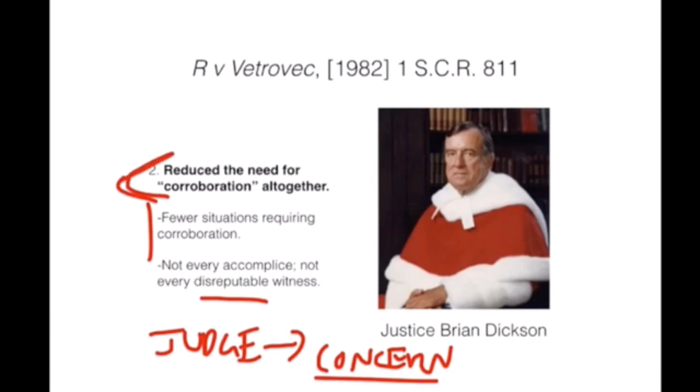And I should stress that one of the other impacts of Vetrovec that's really important and often overlooked is that after Vetrovec, the feds got a hold of it and said, well, wait a minute. If the courts are saying that corroboration is less important, maybe we should get rid of some of the statutory requirements for corroboration that we have. And they did. That's when they eliminated mandatory corroboration requirements in sexual cases, mandatory corroboration requirements for children, etc. So essentially, Vetrovec was important both in reforming the common law and also in providing an impetus to the federal government to make necessary changes to the statutory law of corroboration.